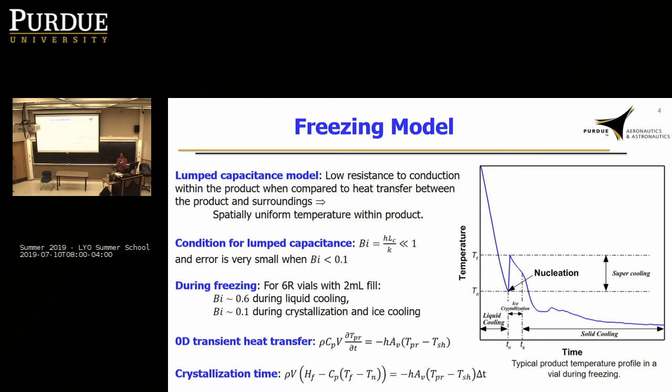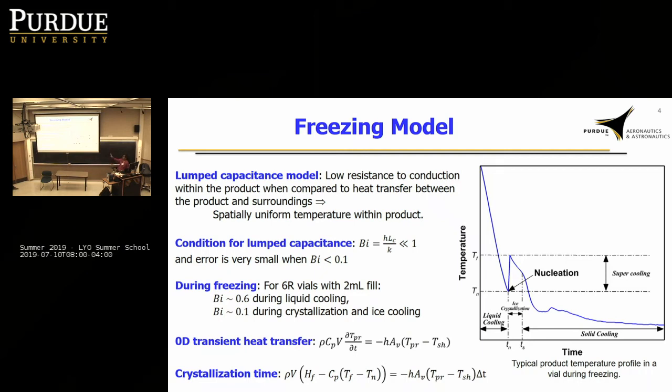So that is kind of like a 0D case where you're assuming that all your product is concentrated at just one point. Now, in order to check whether this assumption is valid or not, in heat transfer there is this non-dimensional number called the Biot number, denoted by Bi. That is what you usually use to check whether this model is valid or not. In general, when your Biot number is less than 0.1, the error that you generate because of using this assumption is very, very small. So it's okay to use this assumption.